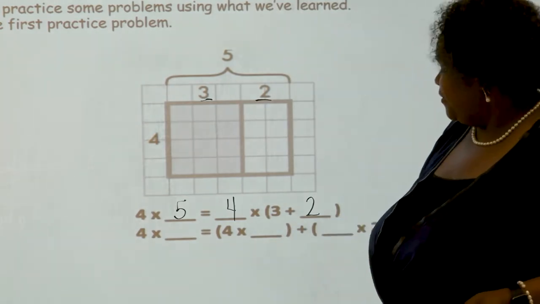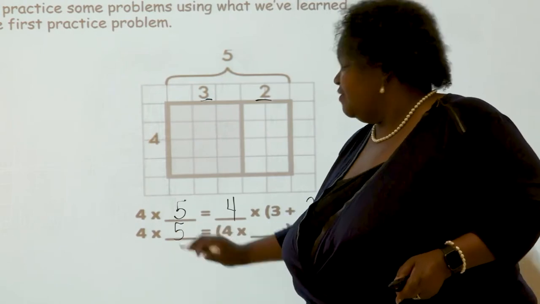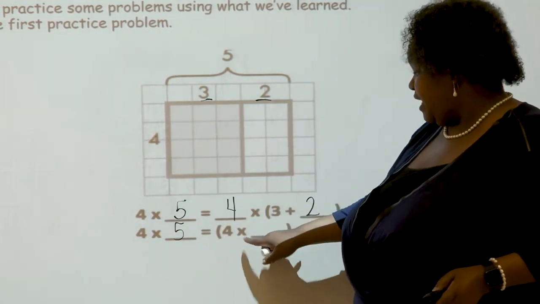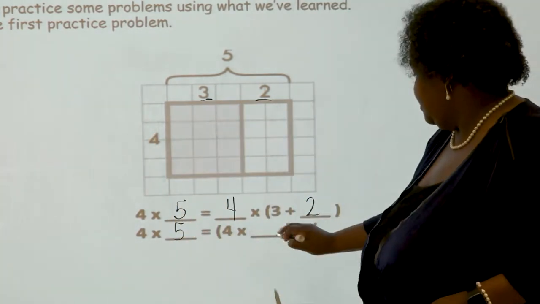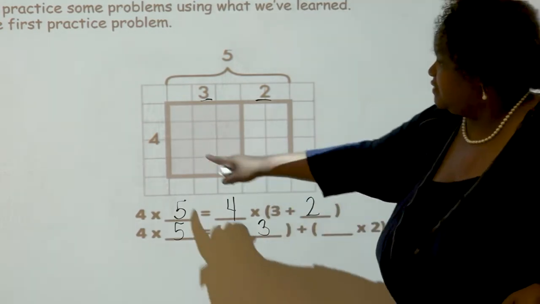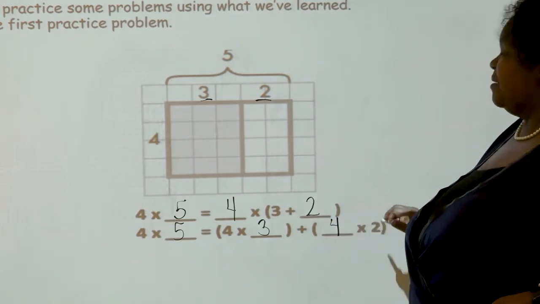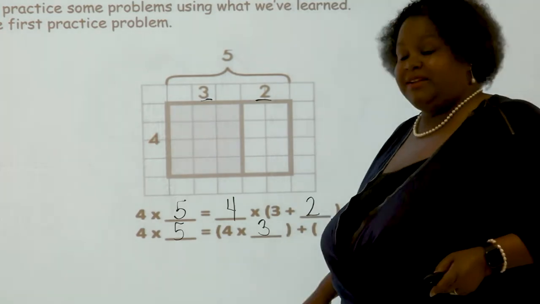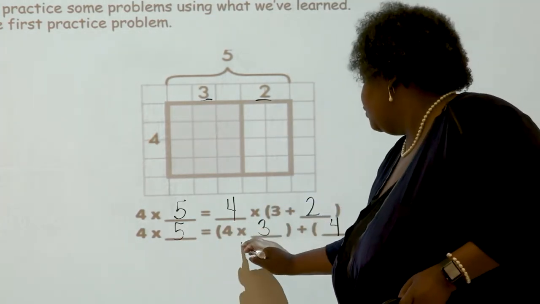Okay, let's keep going. 4 times 5, it's still my 5 up here. 4 times 5 is equal to 4 times blank. Oh, 4 times 3. I got that one. And then my second one is 4 times 2. Let's multiply. Let's get us a product. 4 times 5 is equal to 4 times 3,